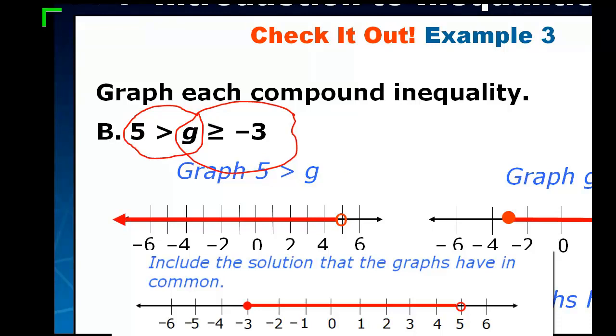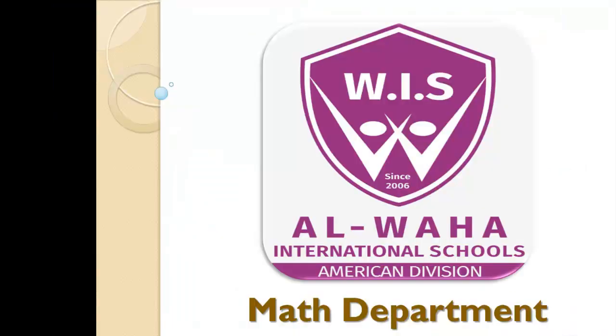So our set of solution will be only this part, from -3 to 5, and 5 is not a solution because it's an open circle. We put an open circle because here we have 5 bigger than g without equals. At the end, wait for the next video to solve our